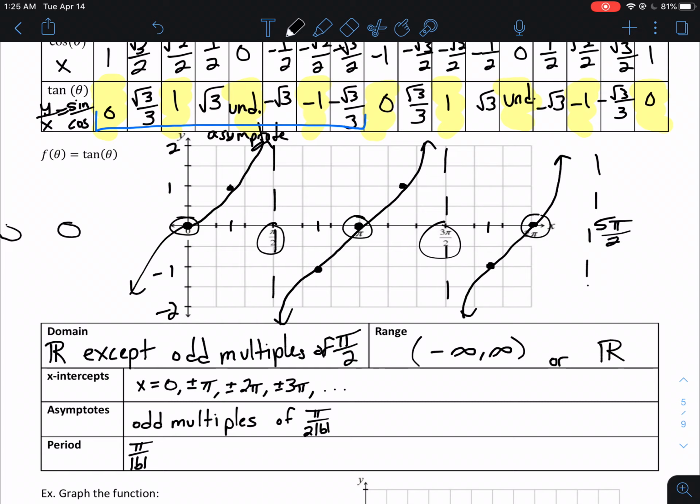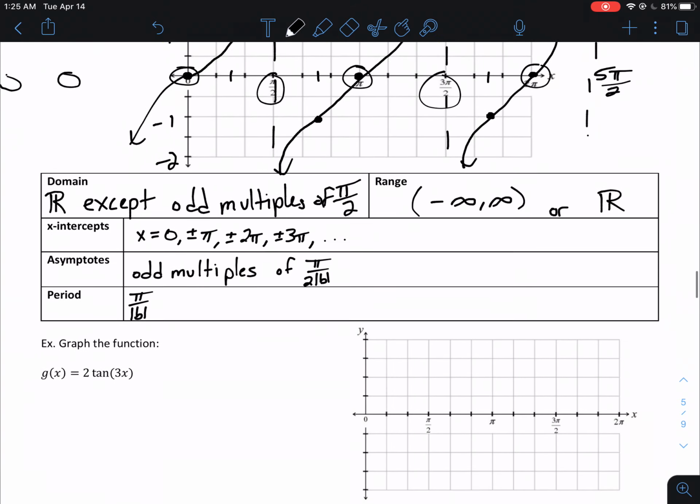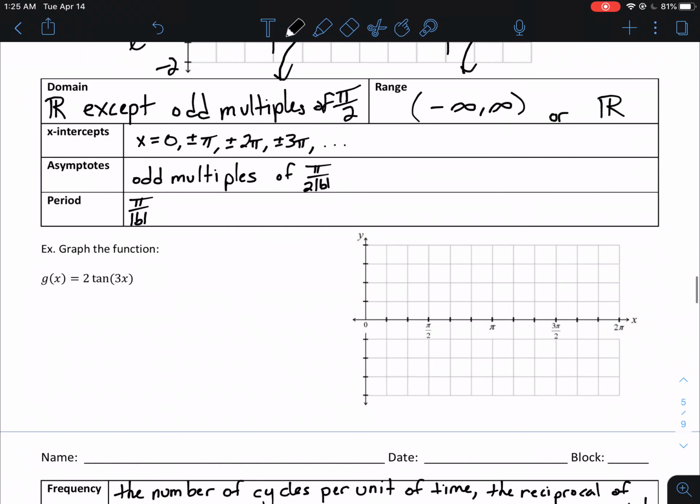And then for period, a similar formula to what we had. If you remember, our period formula for sine and cosine was to take 2 pi divided by b. Now that formula for period is to take just pi divided by the absolute value of b. So a similar formula, but notice that the period is a little bit more frequent here when we talk about tangent. So to give us some practice, we're now going to graph our function